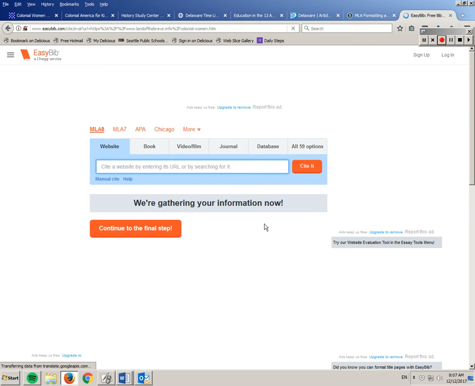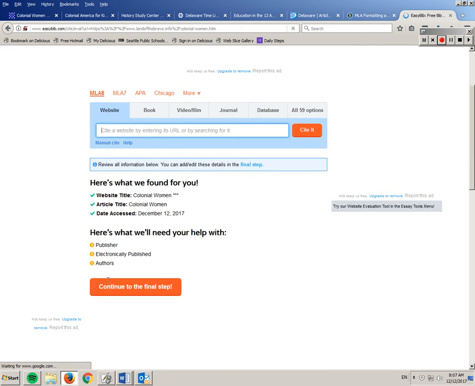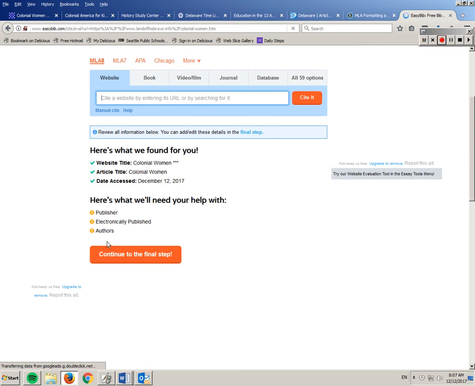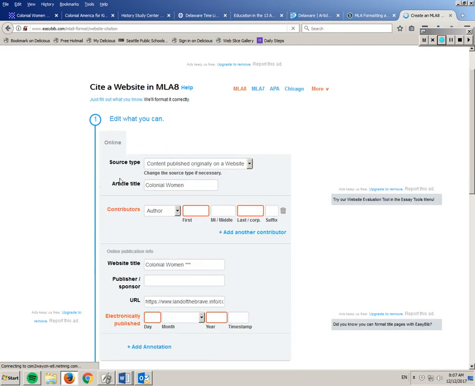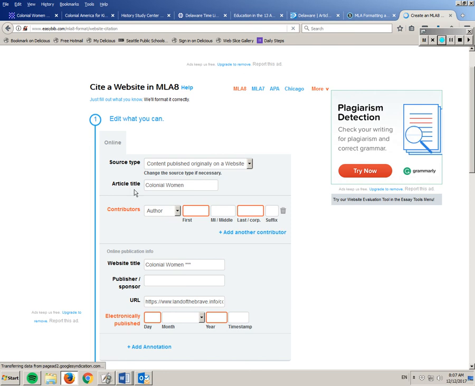And then what you're going to notice is that it's got certain information, but it's ready to go to the next step, which is the final step, because there's some things that you're going to need to go ahead and add. So you continue to the final step. And in continuing to the final step, you're going to actually go back to the website that you were looking at to see if that information can be found online. So we have our source type, we have our article title, which has already been filled in, but we're missing